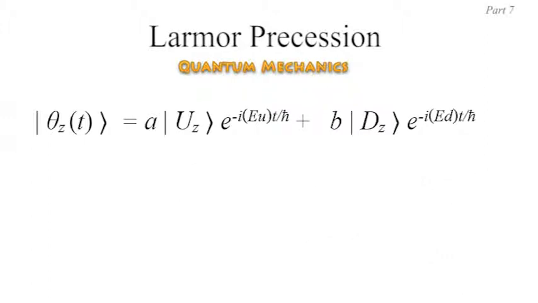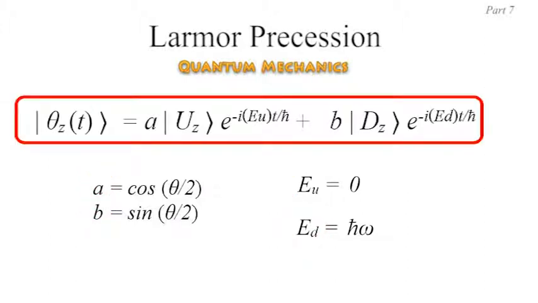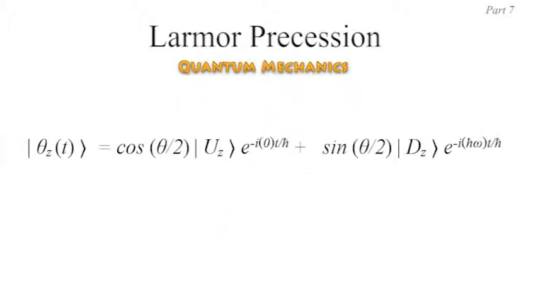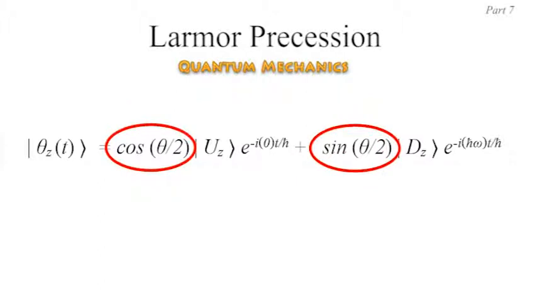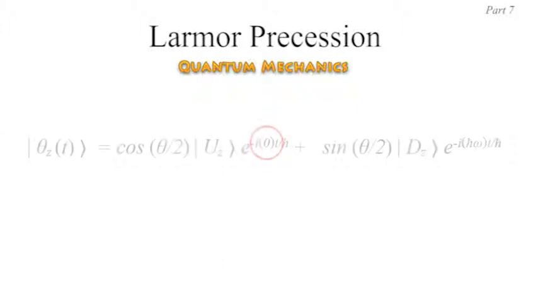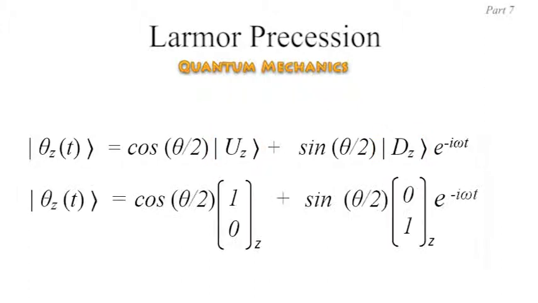Anyway, substituting these four things which we know, A, B, EU, and ED, into our time-dependent state vector for this electron gives this. There are A and B, and there are the two energies. I've put the zero energy in for completeness here, but of course e to the 0 is 1, so this whole thing becomes this. Writing the up and down states in their column vector form gives this,